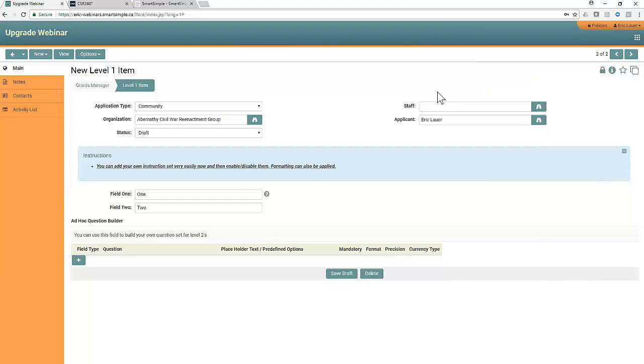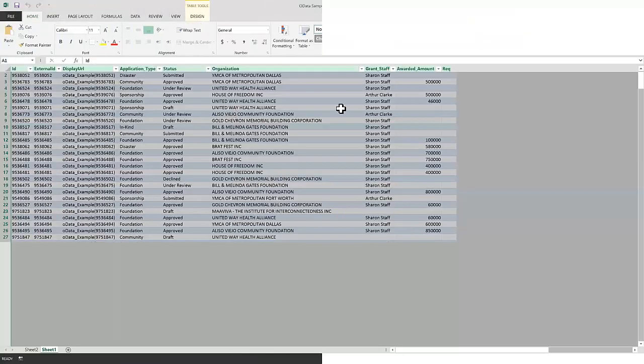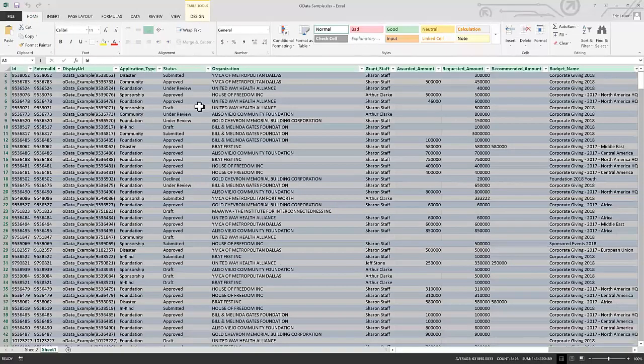We've released, in a previous upgrade, the ability to use OData links. For those who have not seen that feature, just as a recap, we're able to pull data from SmartSimple into third-party software. This is not necessarily SmartSimple technology. This is just technology that's available in a lot of software packages out there in the world today. But I can pull in my data, let's say in this case, I'm using OData to link to a spreadsheet, for which then I can